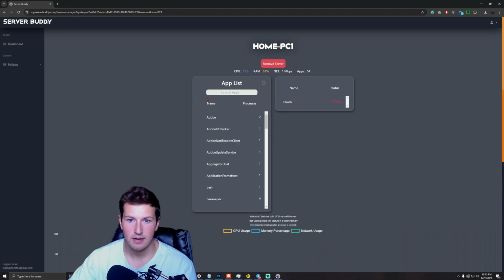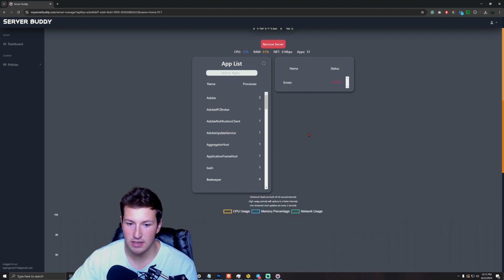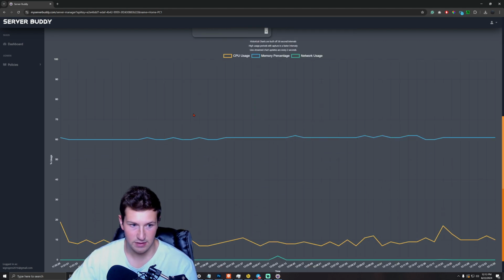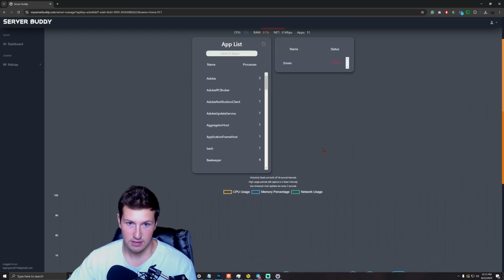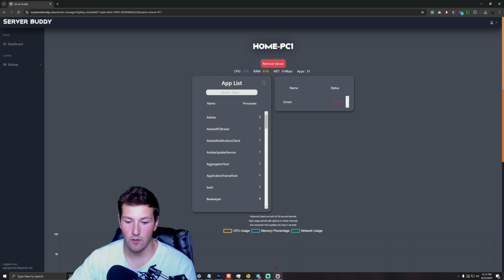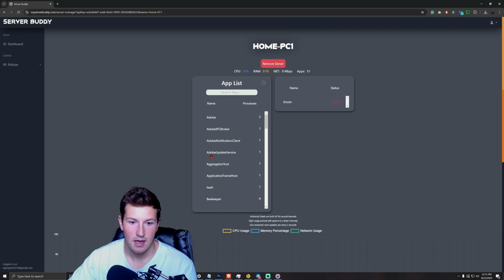And so here I can see once again the usage and I can see the apps. So I can see that that NVEN process I was watching is not running right now, which is how it was when I was in the application. And it also shows you a historical graph of CPU, memory, and network usage. So this is really nice because just like before, what you can do is you can look at the apps, you can watch an app, or you can terminate it. So if I want, I can terminate Adobe, I can terminate any of the apps running right here,